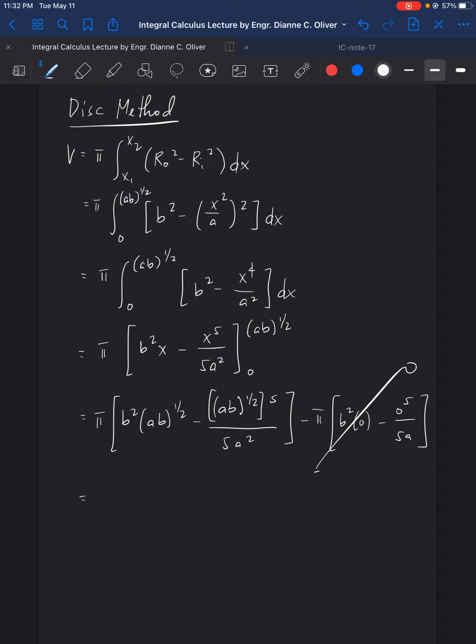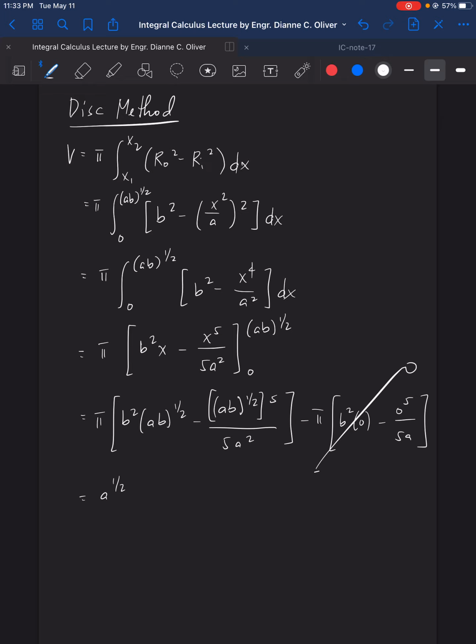So we have here equal to pi. So this becomes a raised to 1/2,